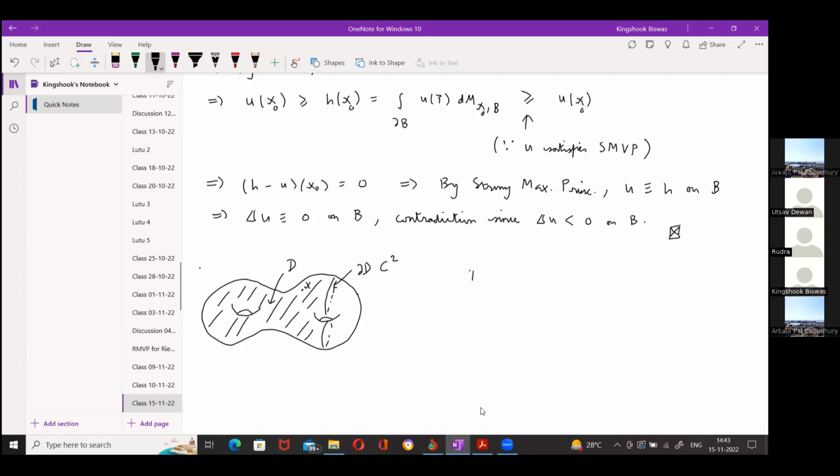So suppose D in M is a precompact domain such that boundary D is smooth, or C2, say. So then for X in D,